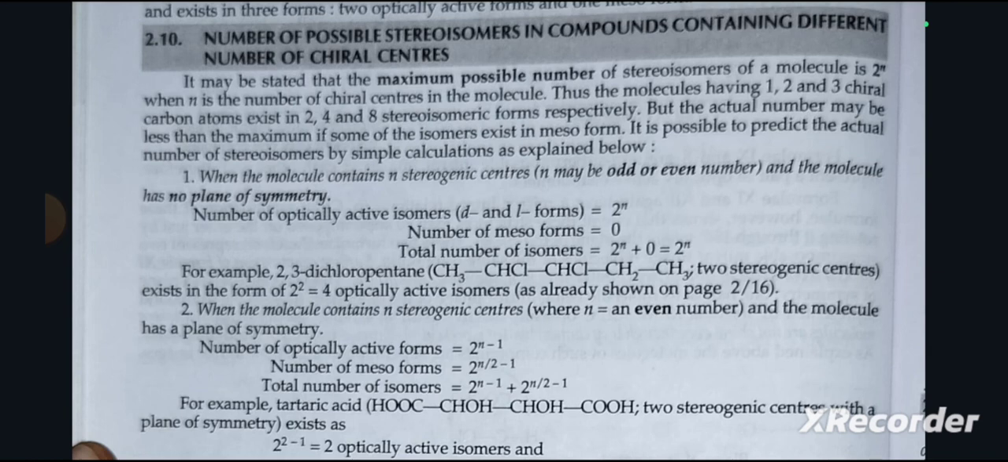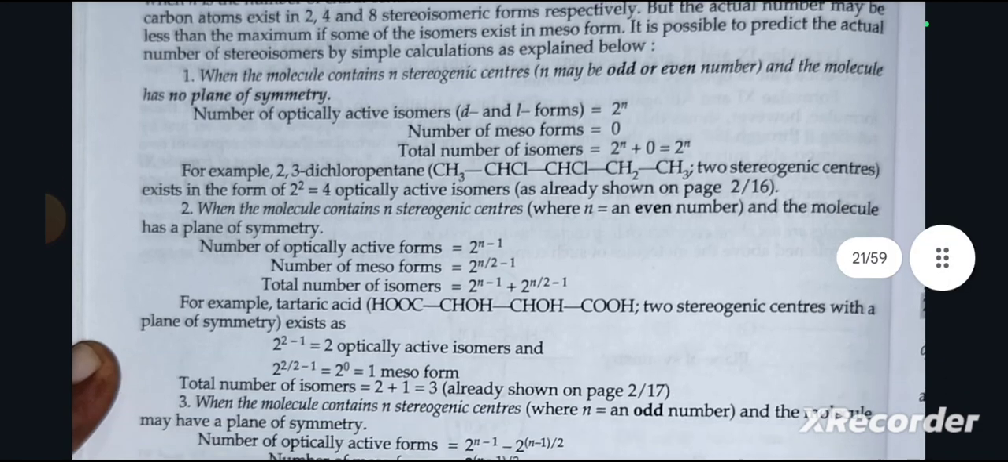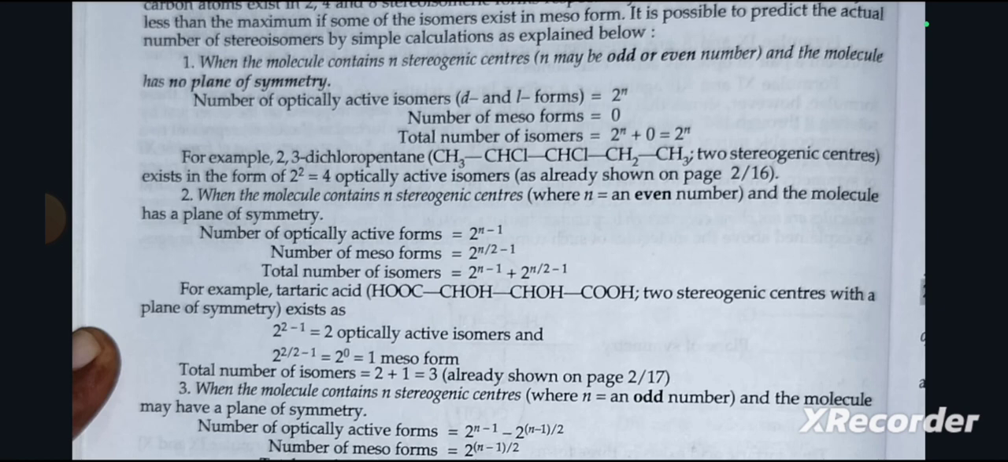It is possible to predict the actual number of stereoisomers by simple calculation, as explained below. First, when the molecule contains n stereogenic centers, n may be an odd or even number, and the molecule has no plane of symmetry: the number of optically active isomers, D and L forms, is 2^n. Number of meso forms is equal to 0. Total number of isomers is 2^n + 0 = 2^n. For example, 2,3-dichloropentane, CH3CHCl CHCl CH2CH3, has two stereogenic centers and exists in the form of 2^2 = 4 optically active isomers, as already shown on page